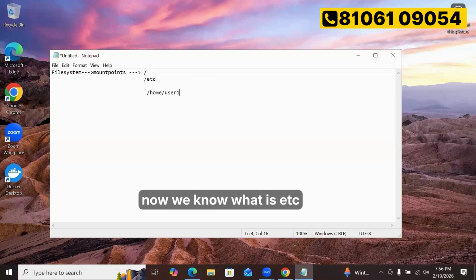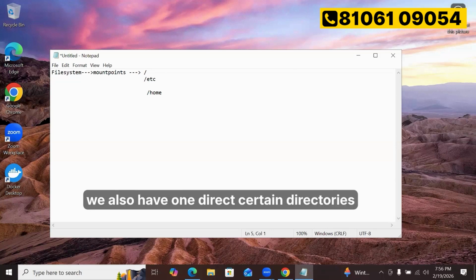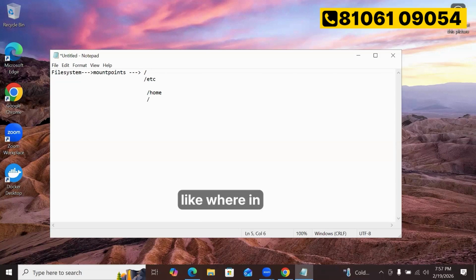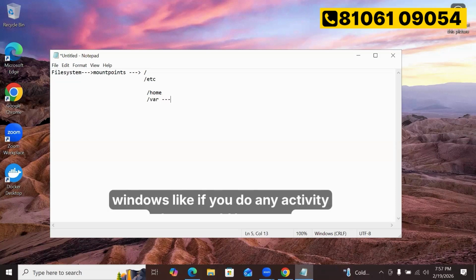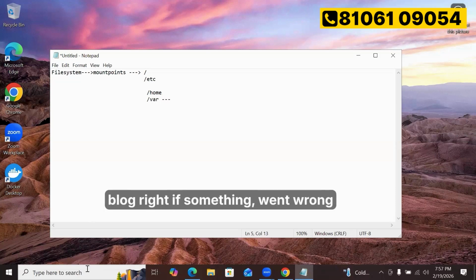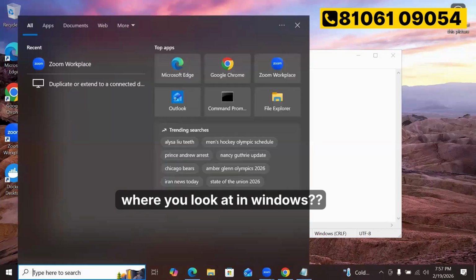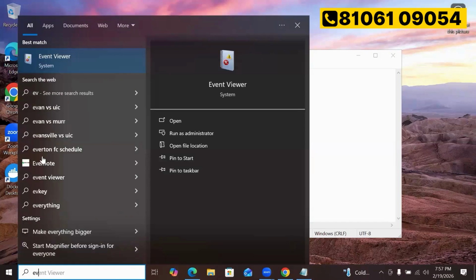Now we know what etc and home are, right? We also have certain directories like var. In Windows, if you do any activity, there would be some log. If something went wrong, where do you look? There is an event viewer.